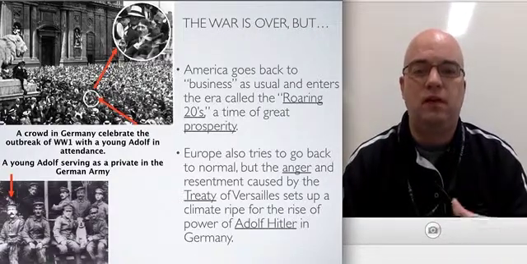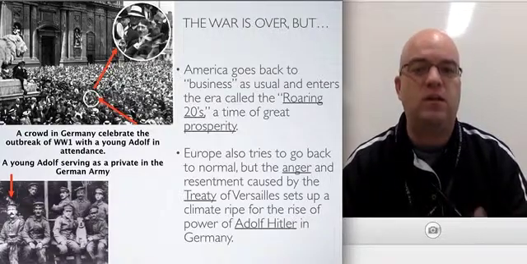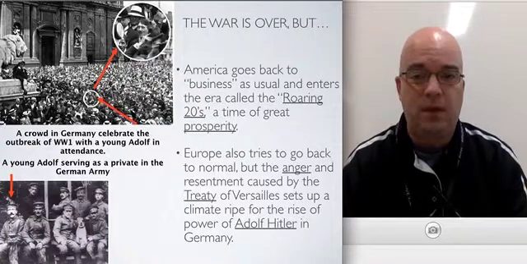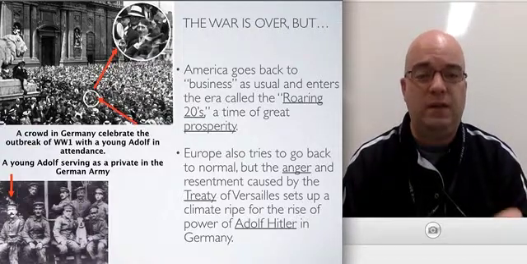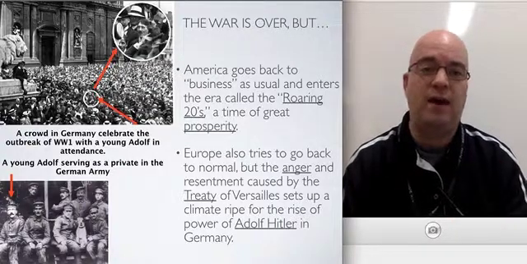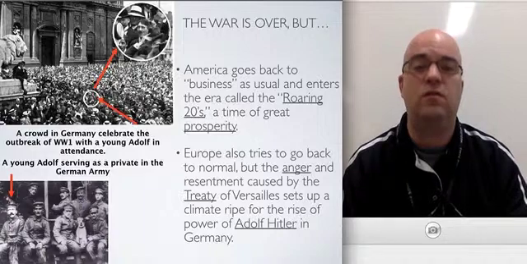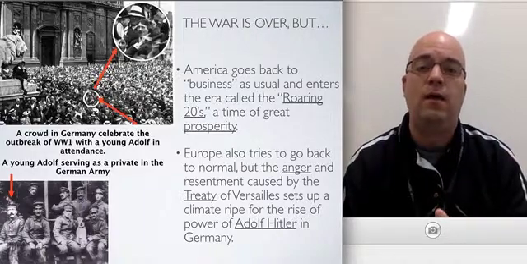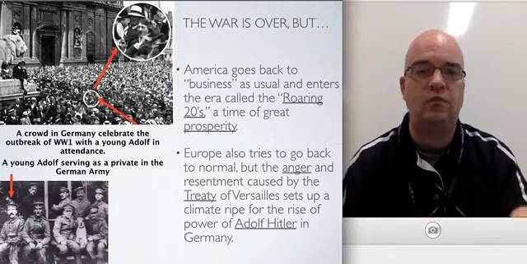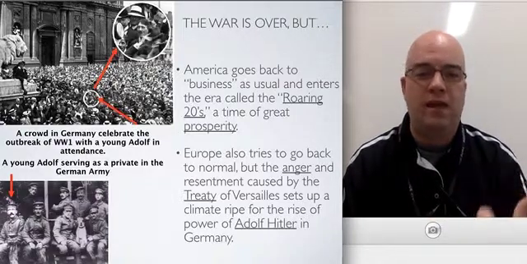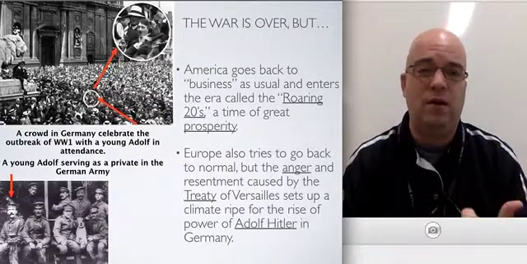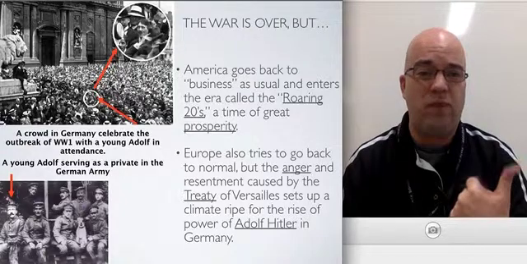But in Europe, things aren't going very well, especially in the late 20s and early 30s, especially in Germany. Germany is extremely angry by how they felt they were treated at the Treaty of Versailles. They didn't like the fact that their countries were broken into smaller pieces and some of their land was taken away. This idea of some German nationality was no longer part of Germany and Austria, that they had been kind of broken off. There's a lot of anger and resentment about these reparations that Germany has to pay France and Great Britain, that they feel is not fair for them.